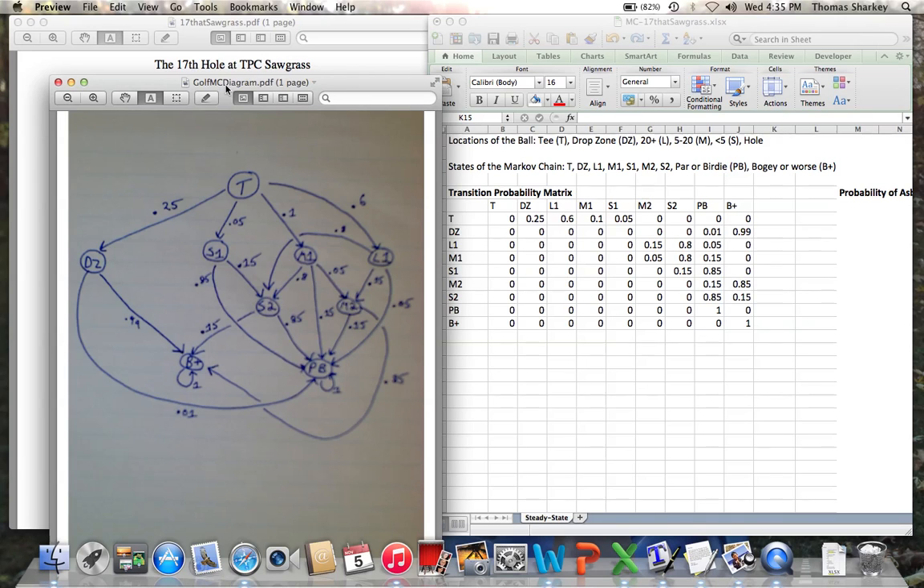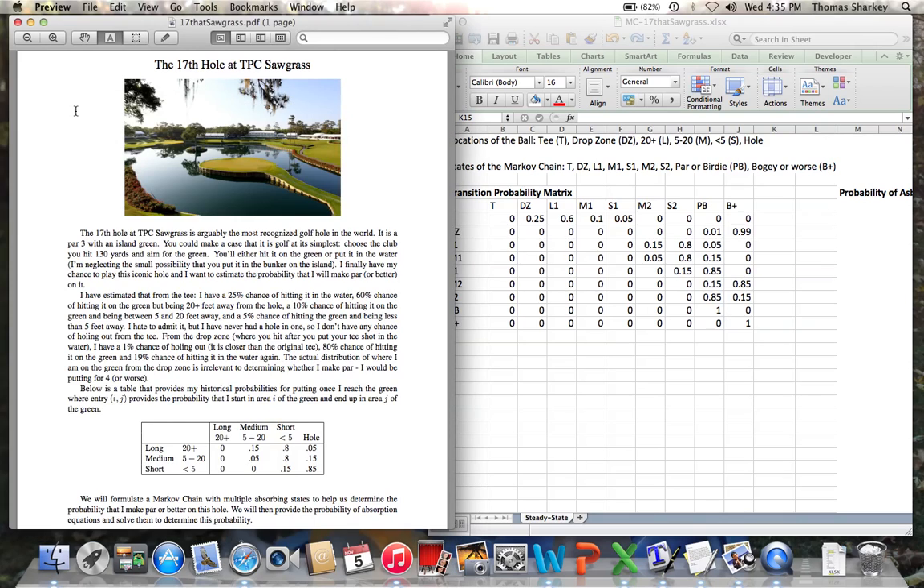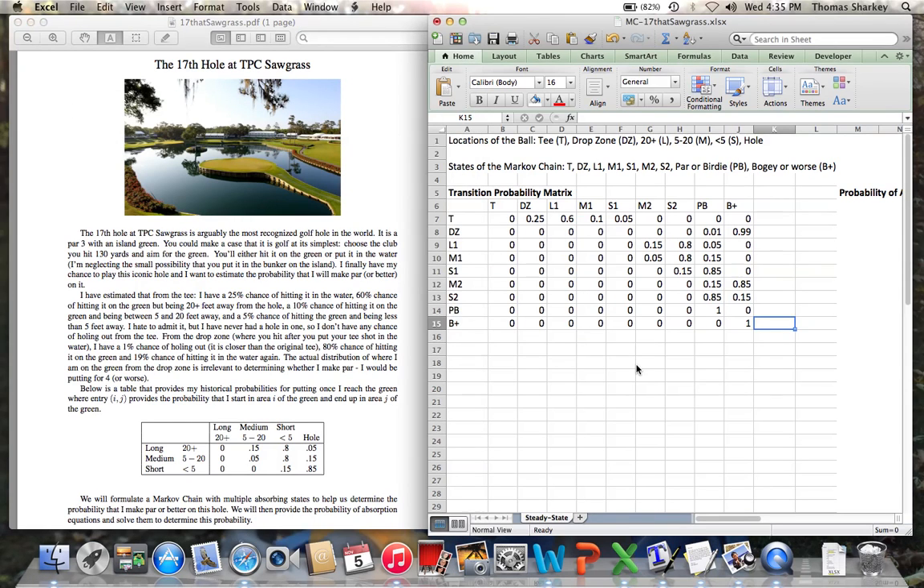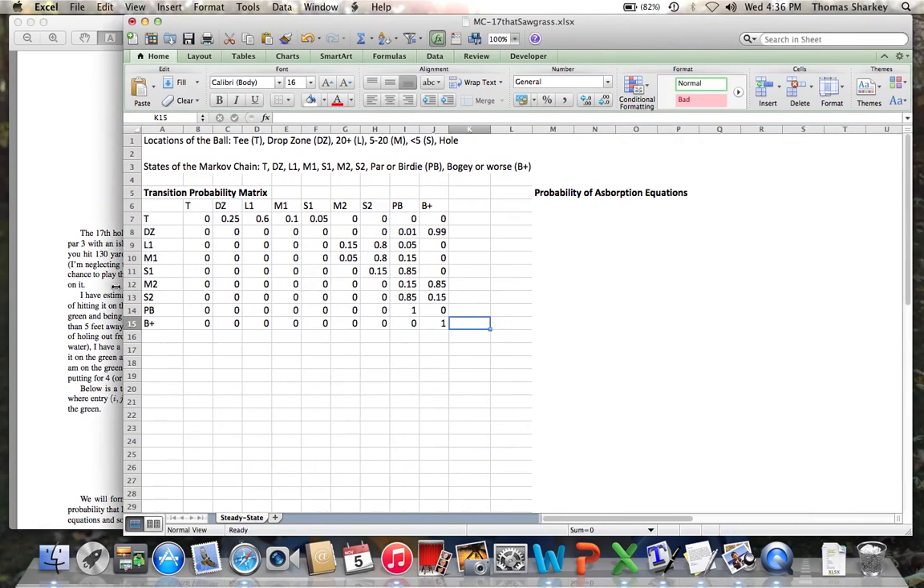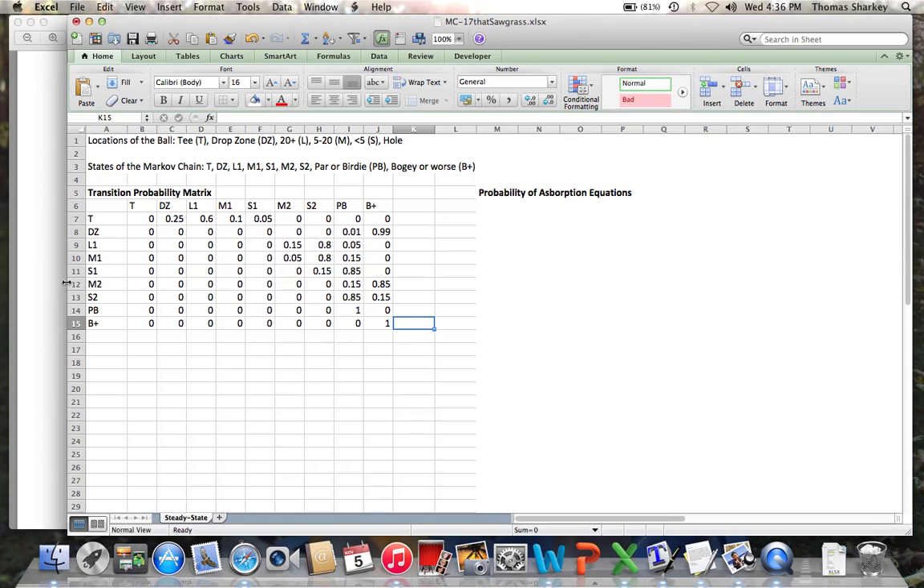Markov chain. So now what we're interested in doing is taking this Markov chain and figuring out the probability that we're actually going to make par or better. Another way of putting that is we're going to start in the T state. I want to know the probability that eventually I'm going to get absorbed by the PB state, by the par or better state. So there's a series of equations that allow us to make this calculation, and we're going to